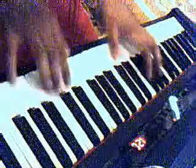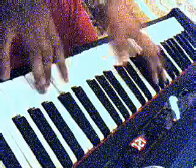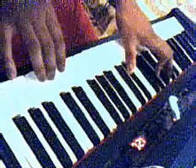Alright, and you're gonna play the same thing that you just played in your right hand. So what you have is E, then when you get to the G, what your right hand is gonna do is walk from G to the D flat to the E flat to the E. So you have